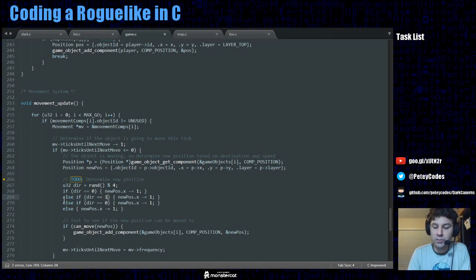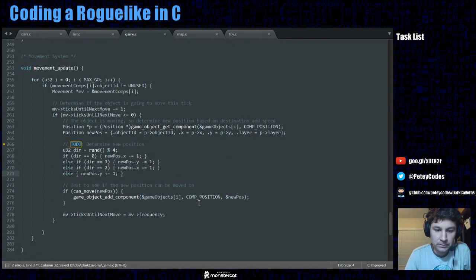So if direction's 1, we'll call that up. So that'll be y minus 1. Otherwise 2 is going to be x plus 1, to the right, this will be y plus 1. And instead of determine position, say